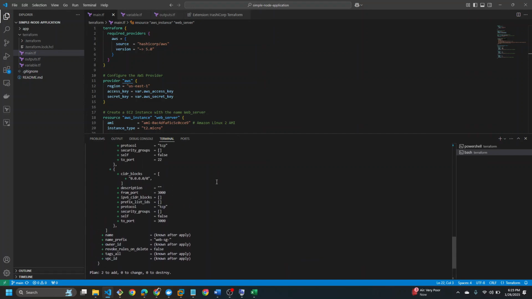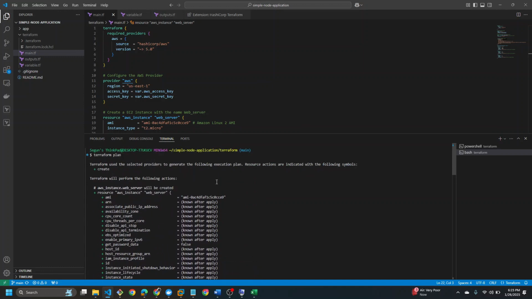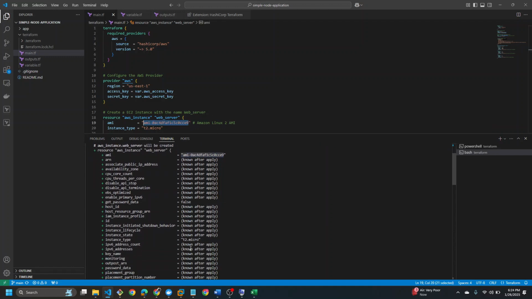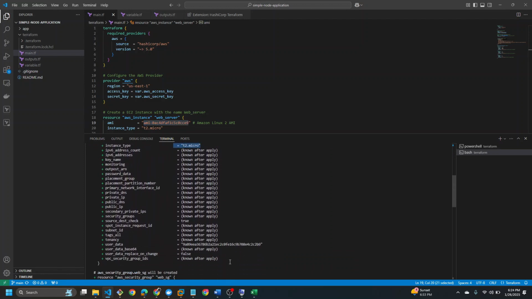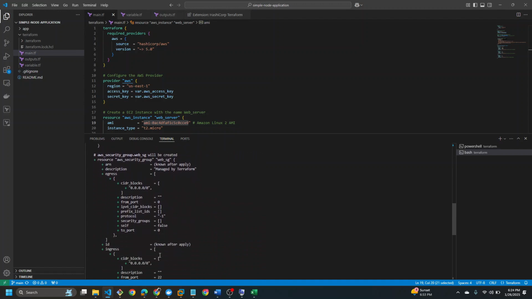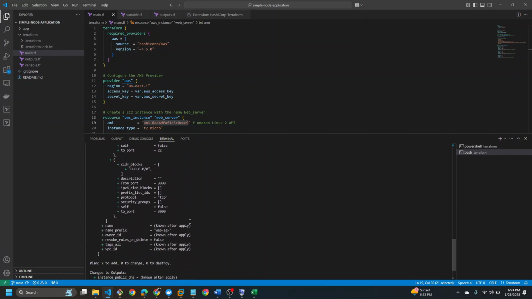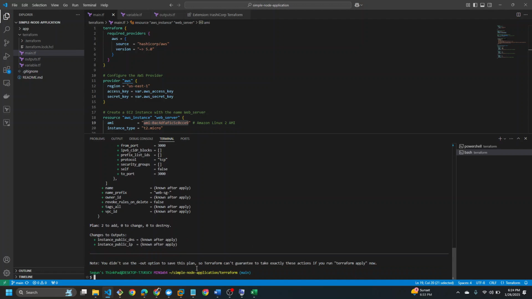Perfect. So let's quickly look at a preview of our Terraform plan. It just gives you a preview. You see our AMI, it was able to pick it, which correlates with what we have here. Perfect. We are using our t2.micro for our instance type. This is more just a preview. This is our security group. We've gained access to port 22. Perfect. So everything is correct. Finally, what we need to do now is to apply. So Terraform